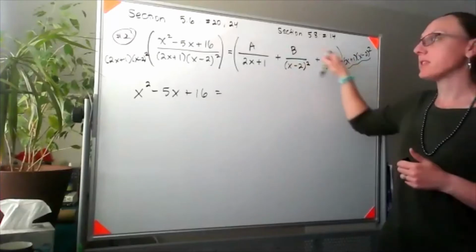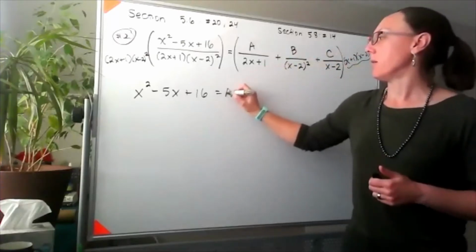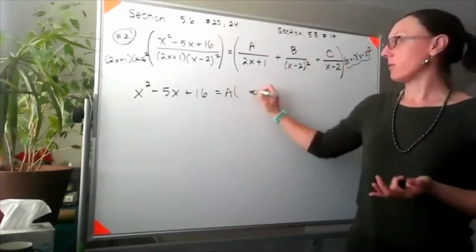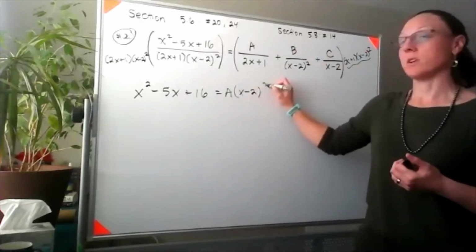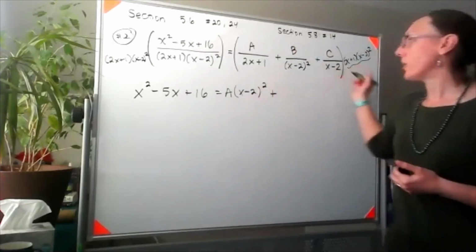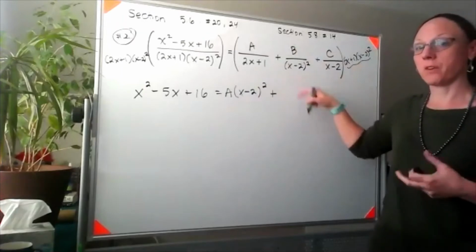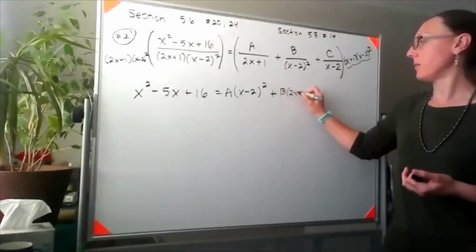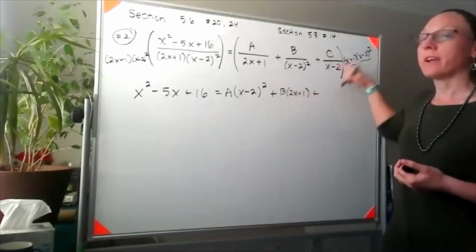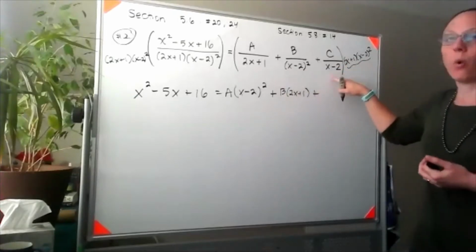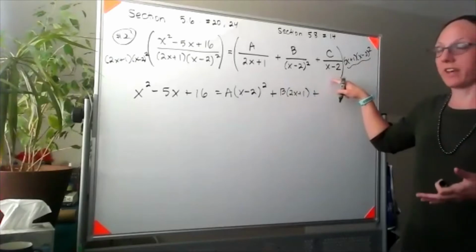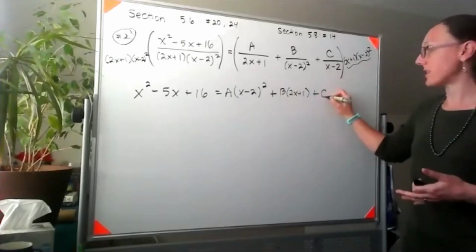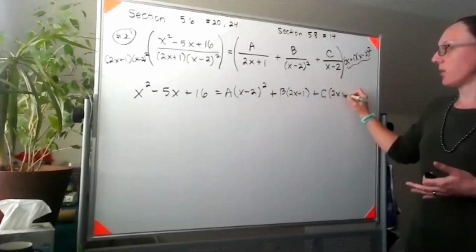So when I distribute this into the first term, the part that won't cancel out is x minus 2 squared. When I distribute to my next term, the part that won't cancel out is the 2x plus 1. But when I distribute to that last term, one of the x minus 2's will cancel out, and I'll be left with c times 2x plus 1